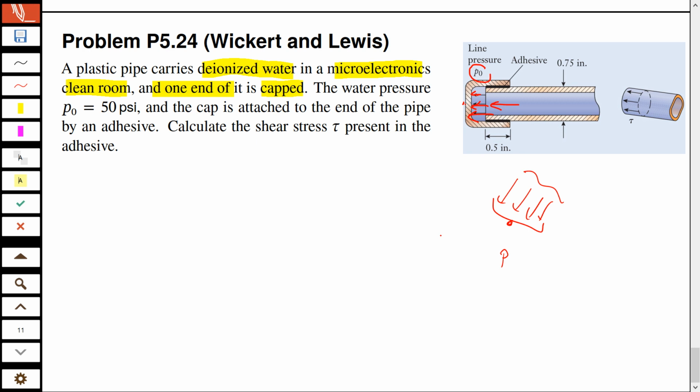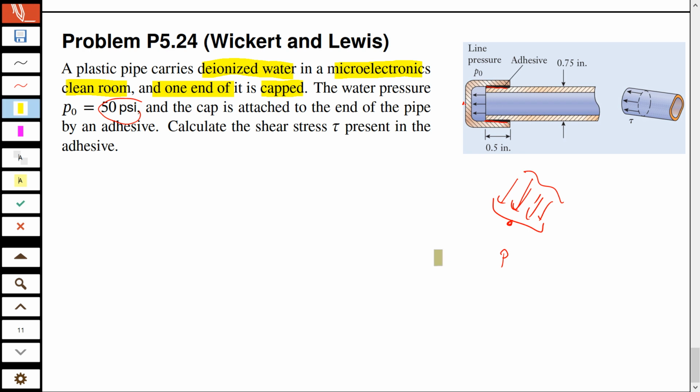ठीक है? तो वो pressure fluid की वजह से यहाँ पे कितना है? 50 psi. Now this force from the fluid is perpendicular to this area. This is something you need to note. लेकिन यहाँ पे आपको ये क्या नजर आ रहा है? ये जो इसने ब्लैक शो किया हुआ है, ये क्या है? ये